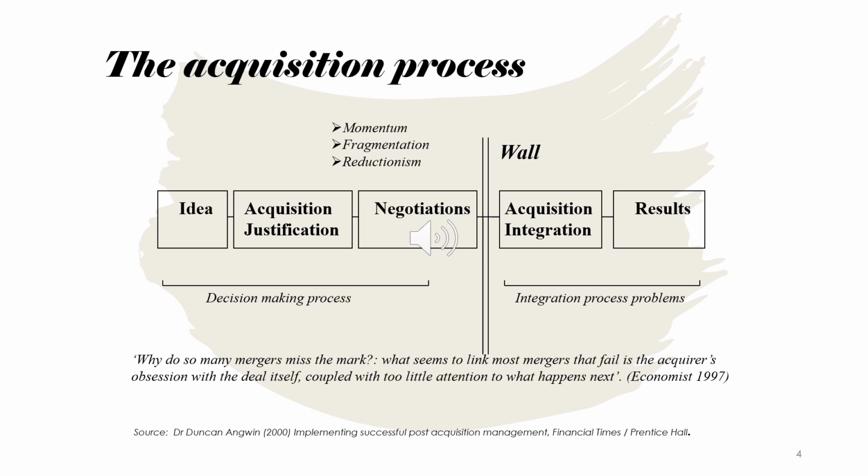The second point is fragmentation. Now, because deals are very complex, we're dealing with every aspect of a company. What tends to happen is we break it down to try and make it manageable by focusing on various pieces of the transaction. So, for instance, we look very carefully at the report and accounts. We look at the legal contracts. We might look at other issues such as personnel and so forth.